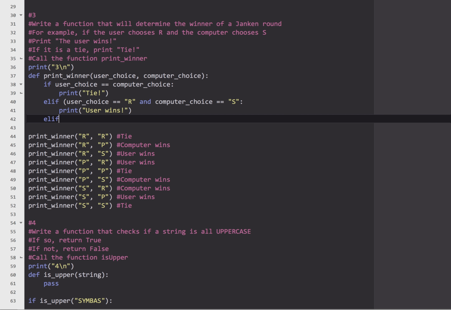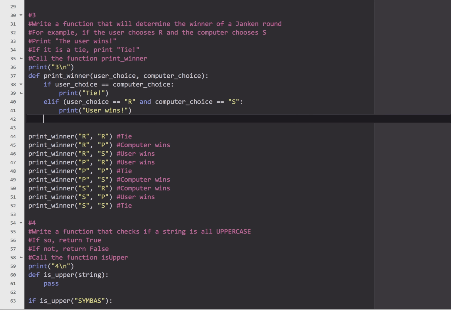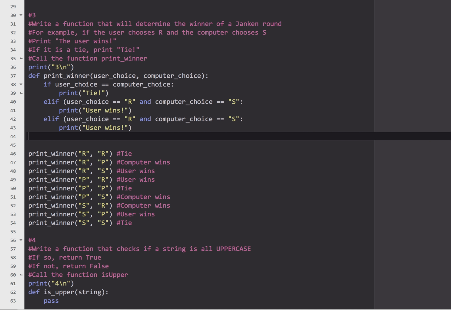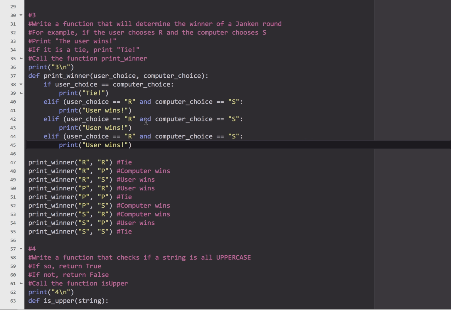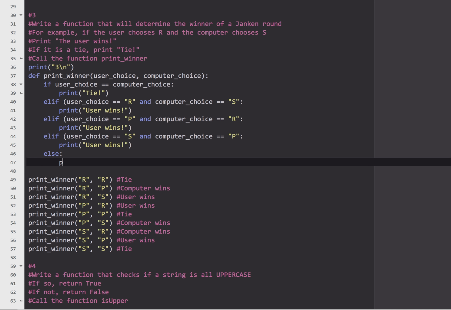Okay, elif, actually I'm just going to copy that because I like to save time. There are 3 cases where the user wins. Let's do those. So if user choice equals R, or if user choice equals P, paper beats rock. So rock, paper, and scissors beats paper. And basically, if it's not a tie, and it's not one of the 3 user-choice wins,